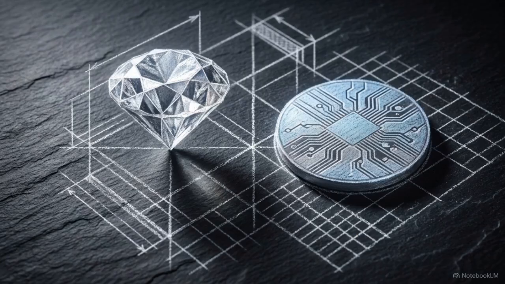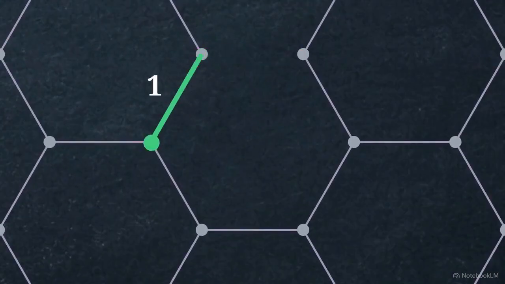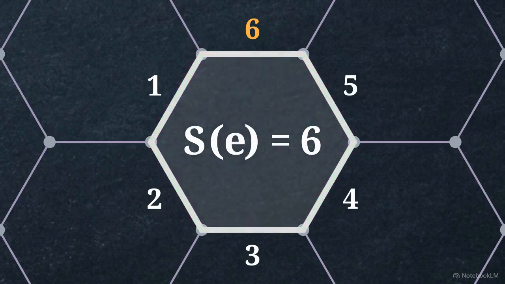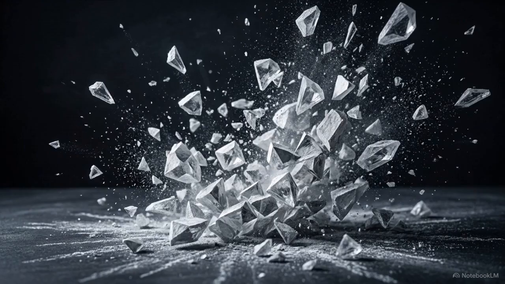The limit of this scale is found in tetrahedrally coordinated structures like diamond and silicon. The diamond lattice yields a monolithic topological profile of 100% SE = 6. There are no triangles or quadrilaterals. Bypassing any defect requires motion across a full 6-membered ring. This SE = 6 signature is a predictor of absolute topological rigidity and mechanical brittleness.